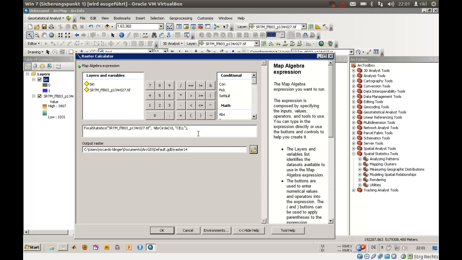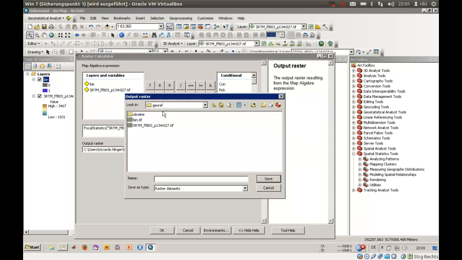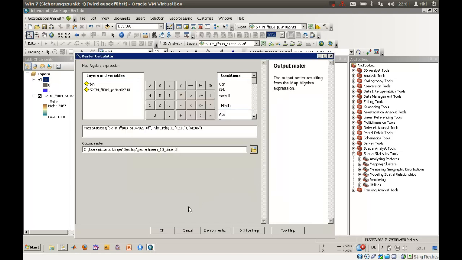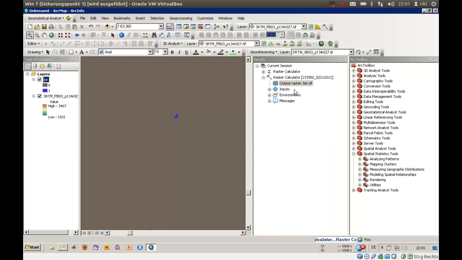And now we will say we would like to calculate the mean value of that window, and not the median, maximum or minimum or something like that, just the mean. And we'll close the brackets. Now everything is adjusted here, and we will store the result in a new raster set, which is called mean_10. We'll also give that information of the geometry, _circle.tiff. Save it in a new file. Just press OK. Once again, it is taking some time, which